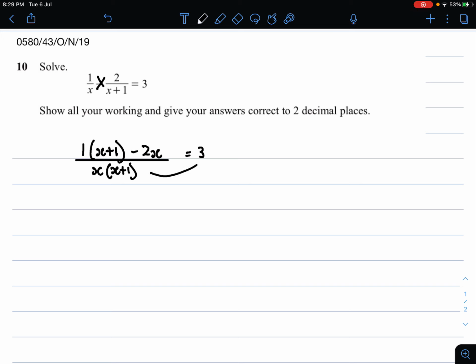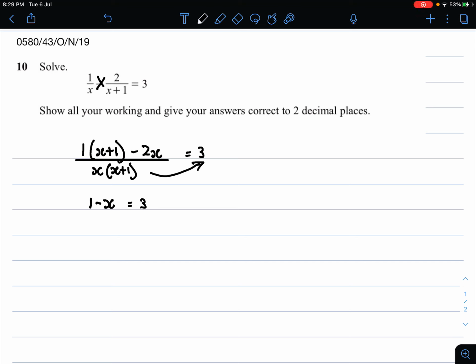Now we can take the denominator to the other side of the equation. When you take division to the other side of the equation, it becomes multiplication. So x plus 1 will stay the same because x plus 1 into 1 is x plus 1. So x minus 2x will give minus x, so we will be left with 1 minus x is equal to